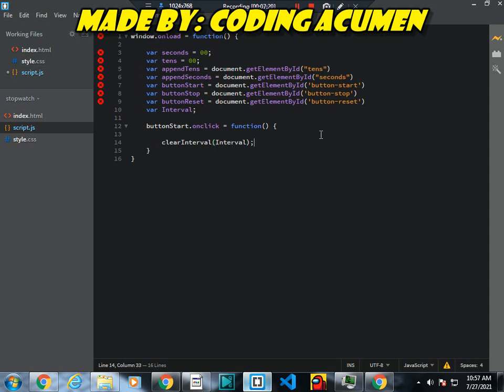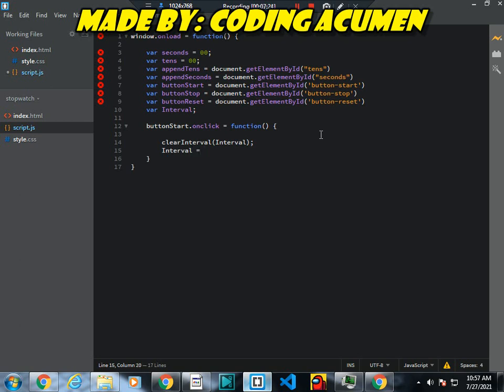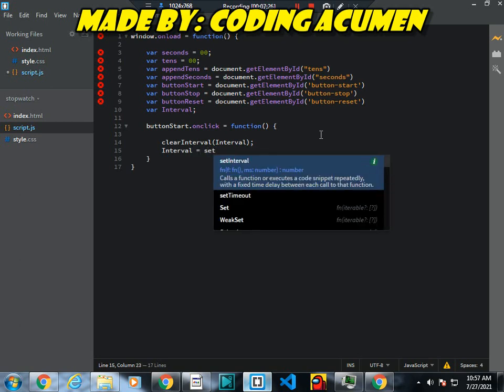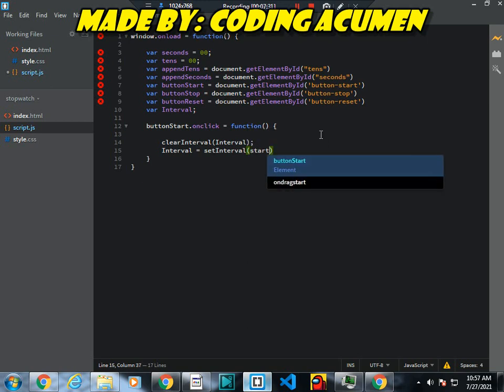Then I will write interval equal to setInterval, and after this I will write startTimer, comma, and set it to 10.